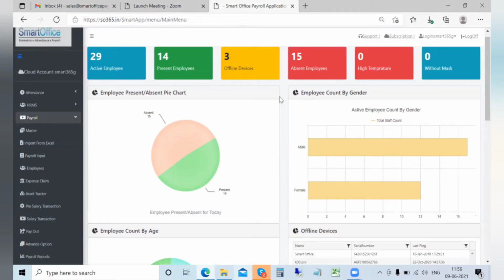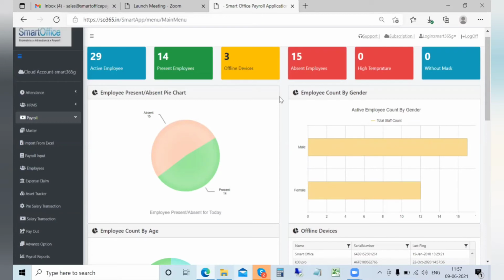And about the flexibility on the calculations of salary, we have a very flexible system, so people can have the calculations as they want. We also call it user-defined calculations, which are feasible in the system. And then we have a lot of additional options in terms of expense claim, asset tracker. Asset tracker is a smaller module. Expense claim is a good module that is available.